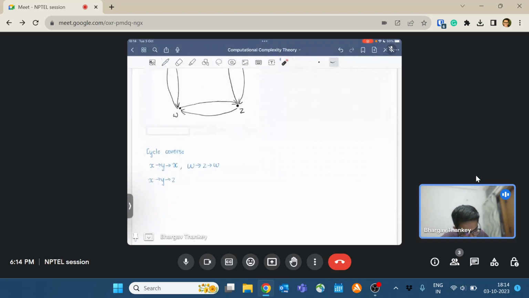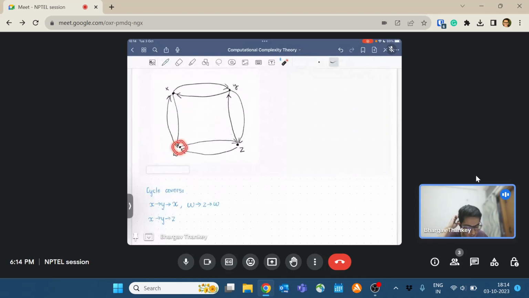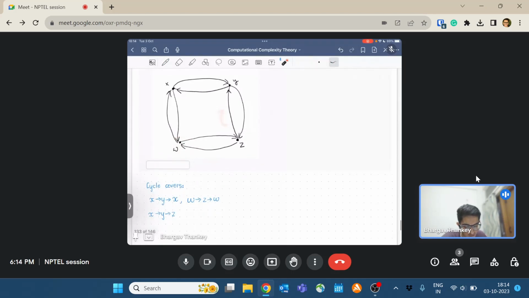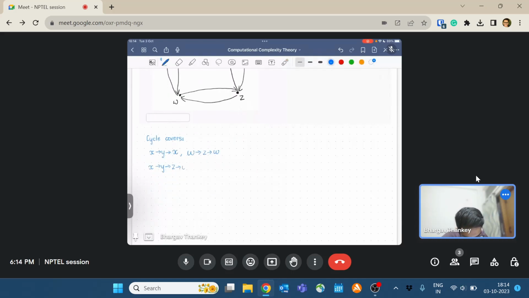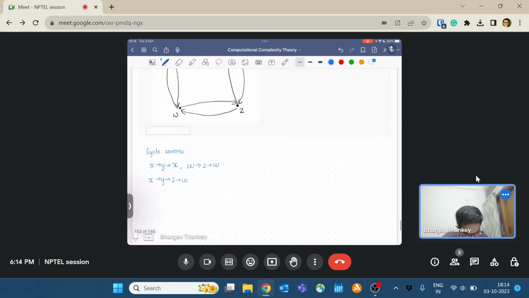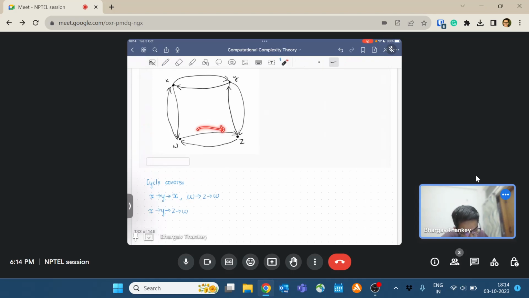Now, we can't go back to Y because then we'll be left with W, and W has no self loop. So if you were to go back to Y, then W won't be covered. So we'll have to go to W. And from W, we'll have to go to X, because we can't go back to Z, because then, yeah, this would be, okay, so if we went to Z, then to get